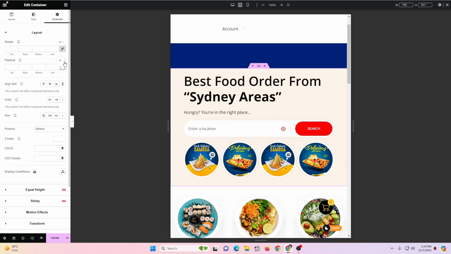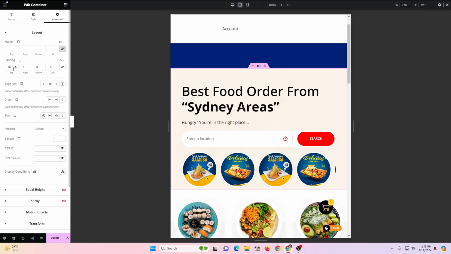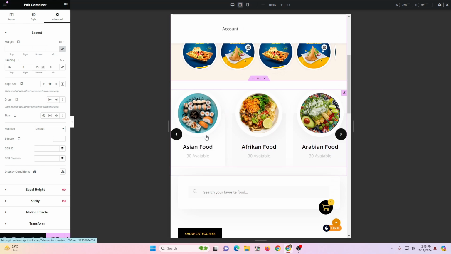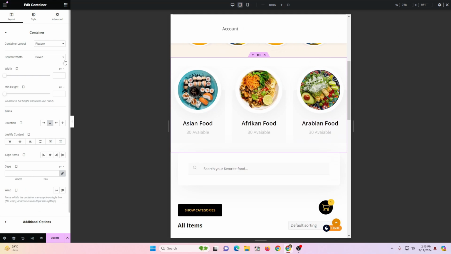Now go to the advanced tab. We want to add some padding at the top, so click on this percentage, click here and give it maybe 7% padding at the top and then 5% at the bottom, and you can see this is how our hero section is looking. Right at the bottom we have this testimonial categories, so click on this 6 dots and